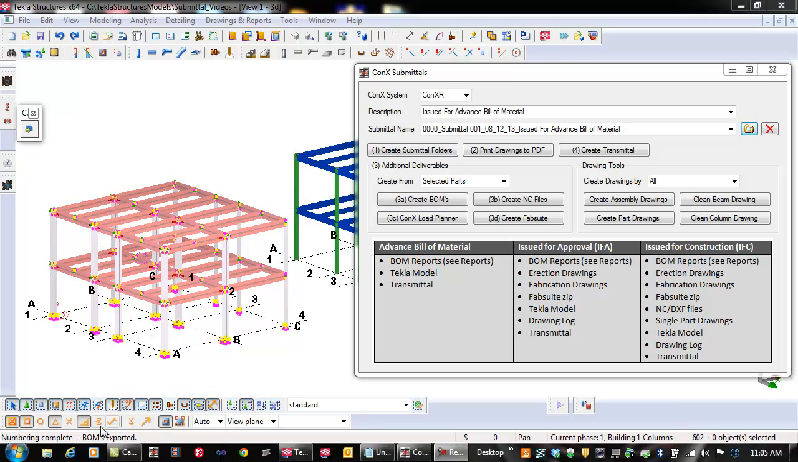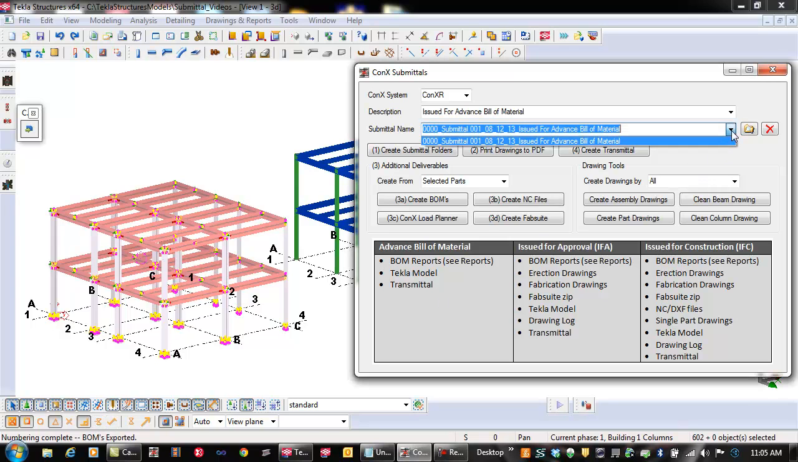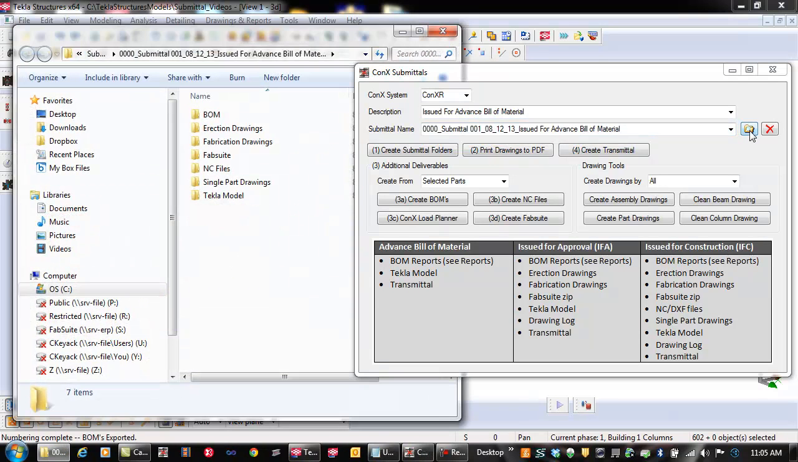Once the bill of materials have been exported, we're now going to go ahead and look at those files inside of the Submittal folder. Here in the Submittal tool we have Submittal 1 selected, and we're going to say Open Folder with Windows Explorer. Now if I go to the bill of material folder, you can see these are all of the different reports,